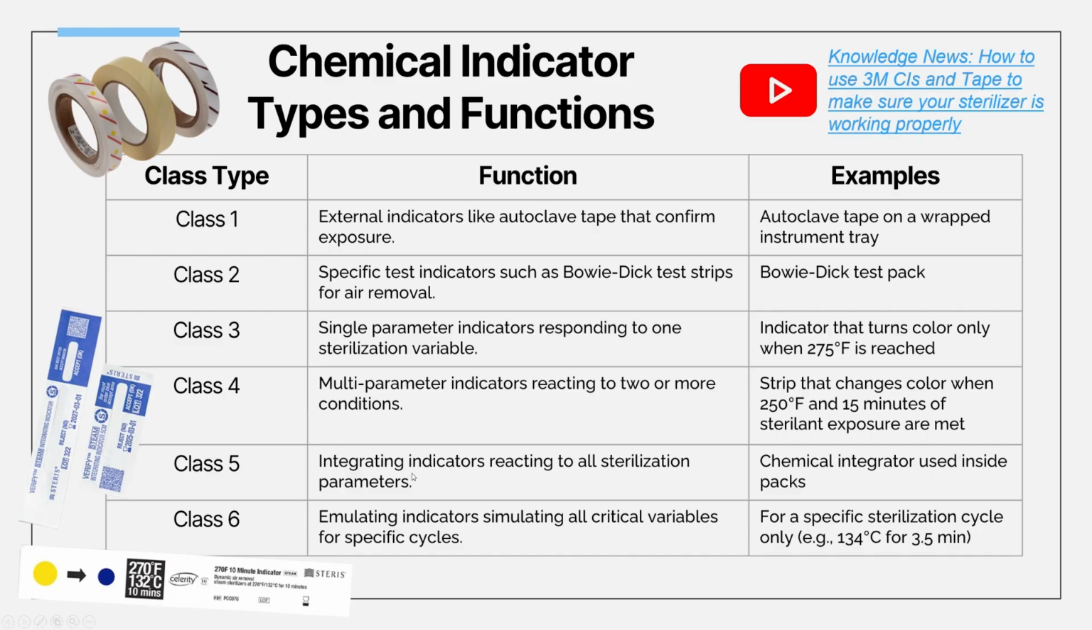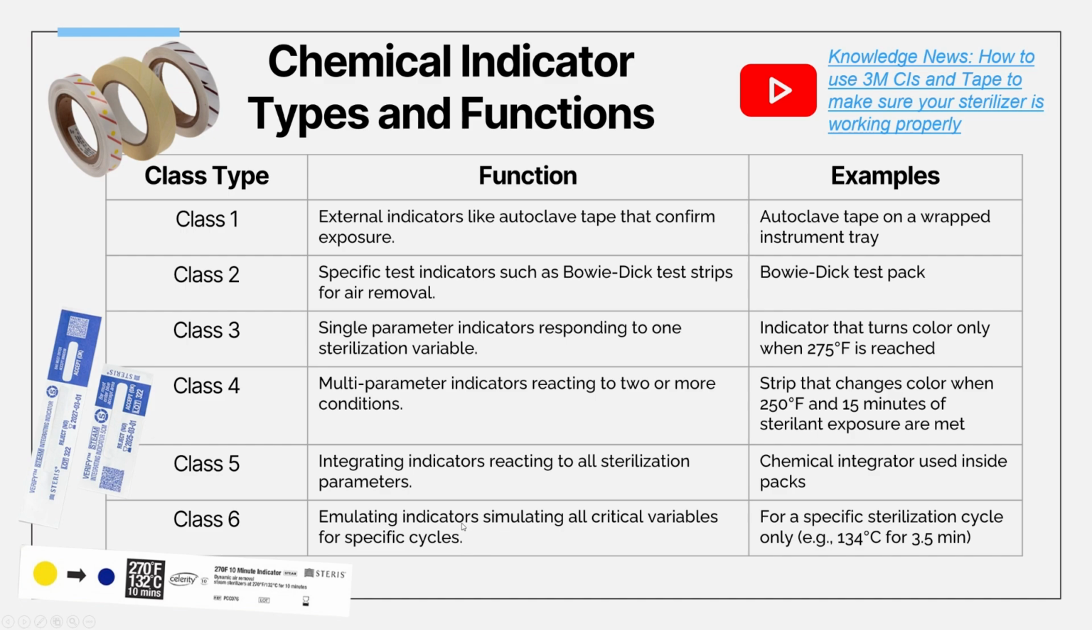It's still not as good as biological indicators, but it's good enough that this is what we use to ensure that the package was sterilized or at least met the sterilization conditions. So this is the one that most nurses will actually see whenever they open packages prior to surgical procedures. And then the class 6 ones are called